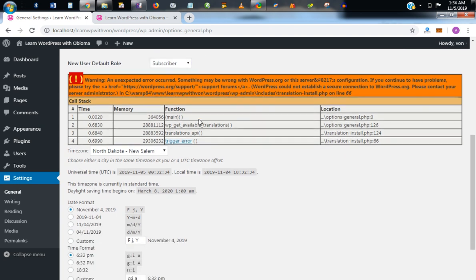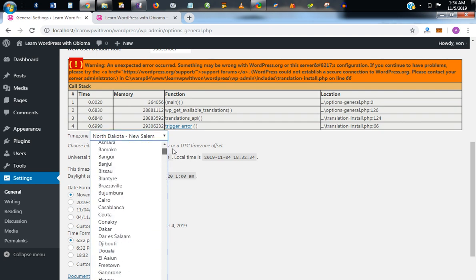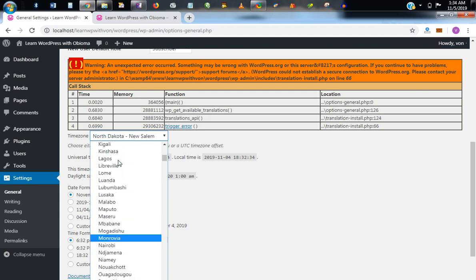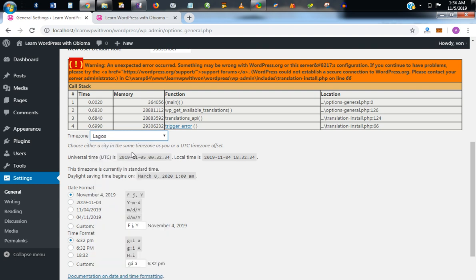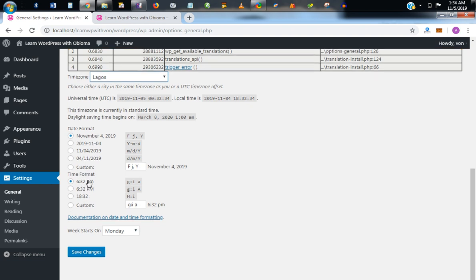The time zone, you can change your time zone. I will go to Africa, then choose Lagos, of course, and my time zone would change. So Lagos, and that's that. You've changed your time zone. Date format, I like this date format. It's fine. Time format is also fine. Cool. Then week starts on. Some people say it's on Sunday rather. I tend to agree with them, but WordPress says it's